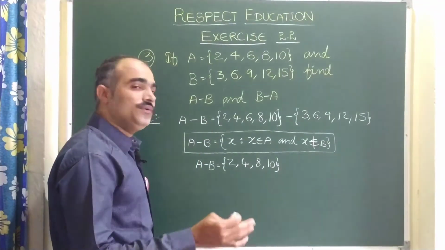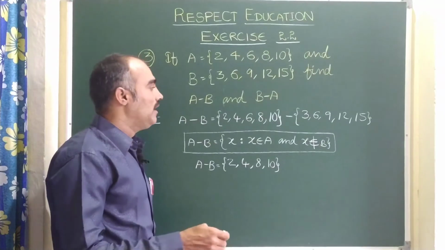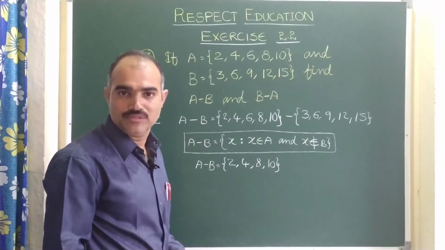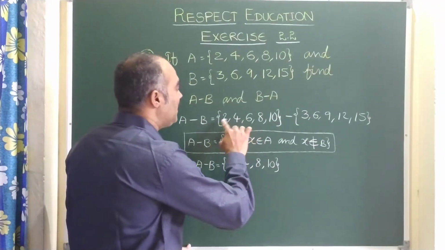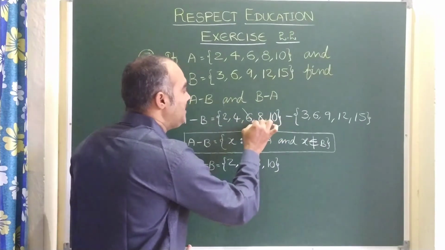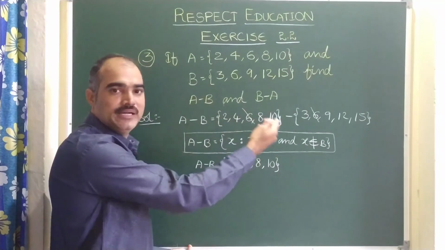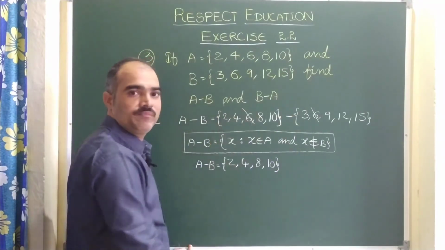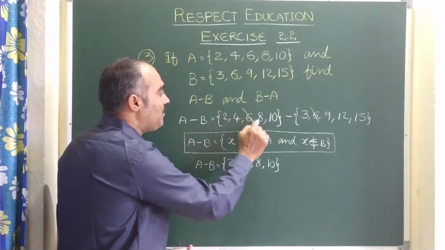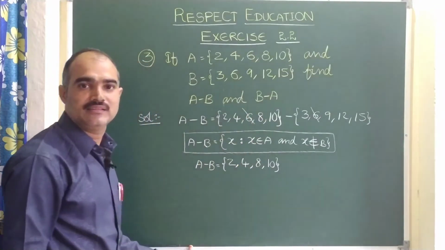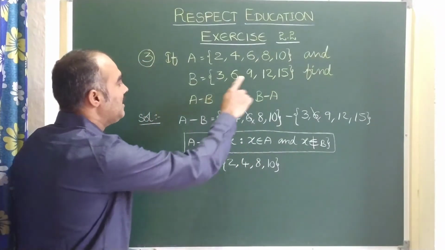For example, if you think that you might have forgotten by the time of the exam, then you do one simple thing. When you are writing A minus B, you cut which element is common. You cut the element or elements which are there in common. Then the remaining elements in the first set you write as the answer. That is easy. Now the first one, A minus B, we have done.